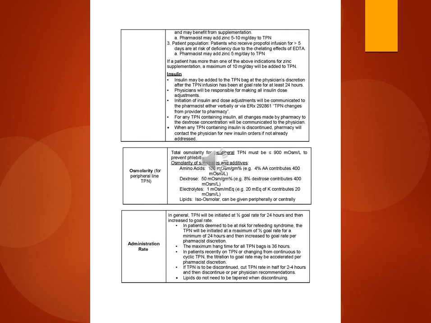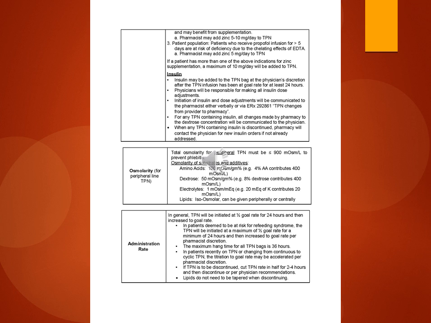Insulin. Insulin may be added to the TPN bag at the physician's discretion after the TPN infusion has been at goal rate for at least 24 hours. Physicians will be responsible for making all insulin dose adjustments. Initiation of insulin and dose adjustments will be communicated to the pharmacist either verbally or via TPN changes from provider to pharmacy. For any TPN containing insulin, all changes made by pharmacy to the dextrose concentration will be communicated to the physician. When any TPN containing insulin is discontinued,